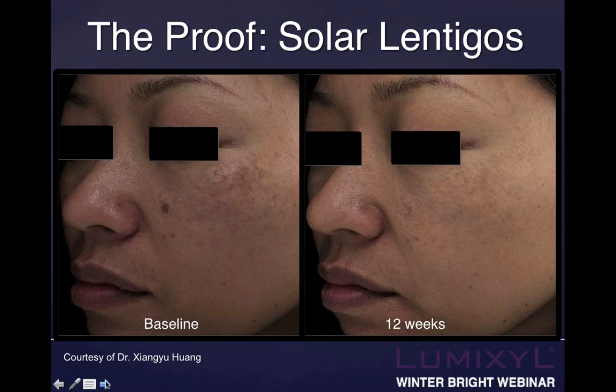Certainly you can see that the solar lentigine there is a lot better by her nose, but also some of the very mild hyperpigmentation that she's got there in the malar region. But I think that you should also notice that her skin, after 12 weeks, is not red, it's not peeling, it doesn't look inflamed or irritated whatsoever. So that's kind of the other